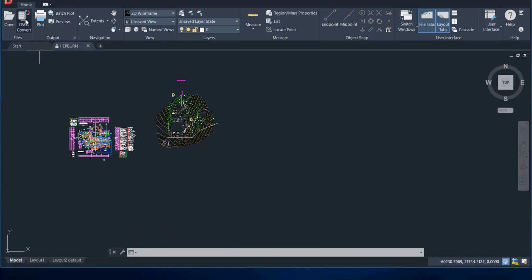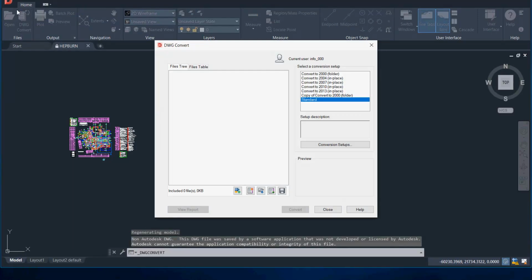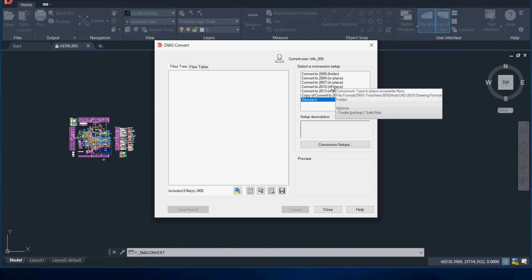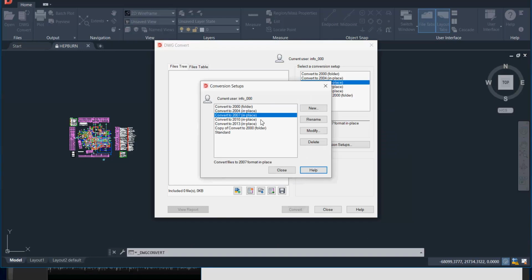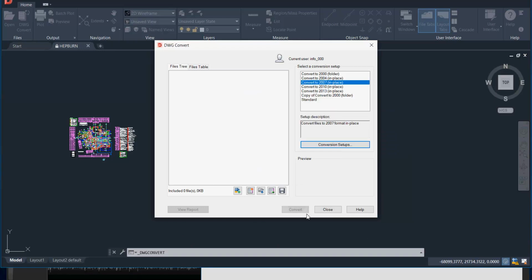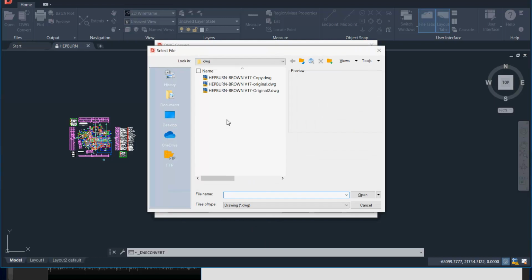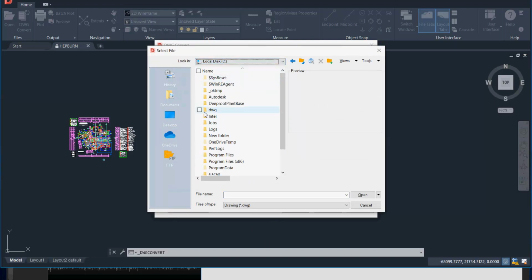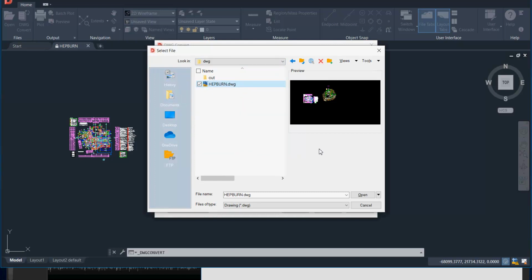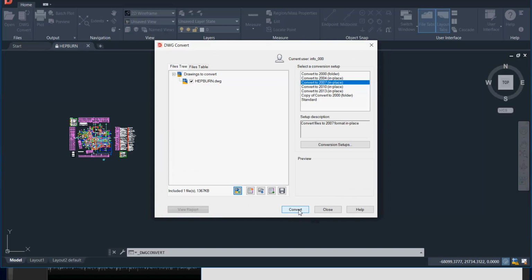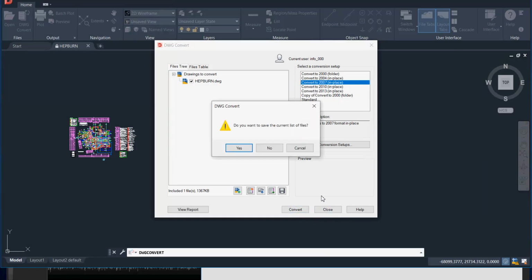So what I want to do then is to convert that drawing to a DXF file. That's our recommendation, and our recommendation is to convert to AutoCAD 2007 format. So we'll close and we'll load the file, and I need to go to my C drive because I've made a simple DWG folder like so, and here's my file, and then we simply convert. So that file has now been converted. I'll close, and